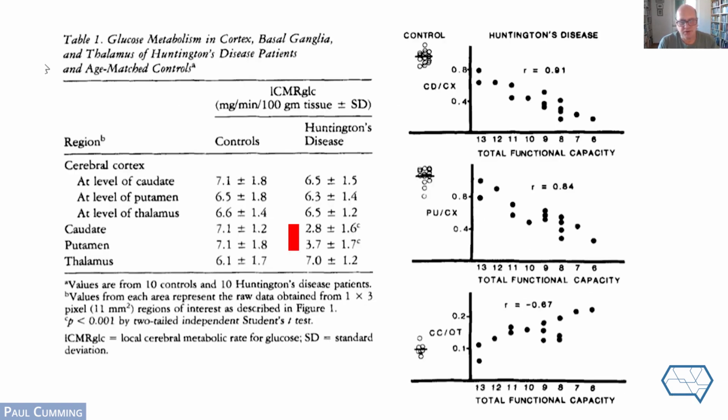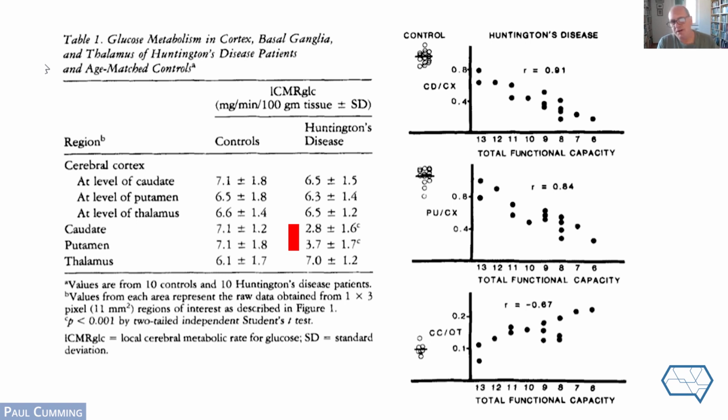Yeah, and this figure extracted from their paper summarizes the results. On the left-hand side, we see a table reporting the metabolic rate that they calculated for different brain regions: in the left-hand figure of the table, control subjects, and on the right-hand side, the Huntington's patients. And the red bar indicates the point of main interest, that this metabolic rate calculated from dynamic FDG PET recordings is enormously reduced, really by more than half, in the caudate nucleus and in the putamen of the unfortunate patients with Huntington's disease. And that represents a massive loss of metabolic activity.